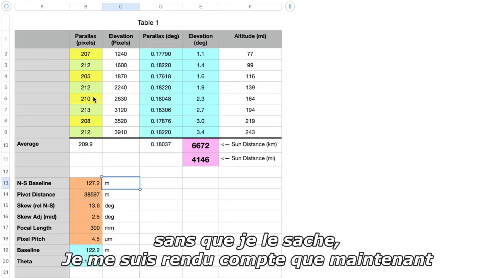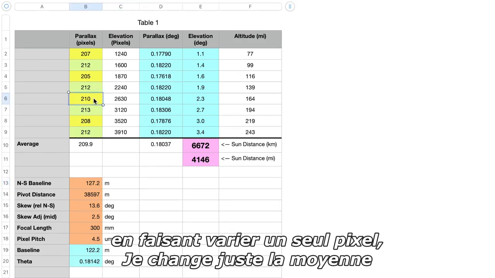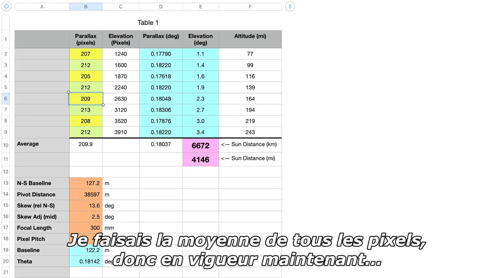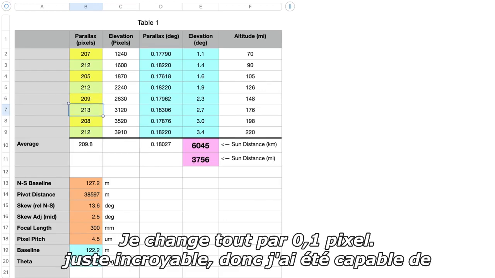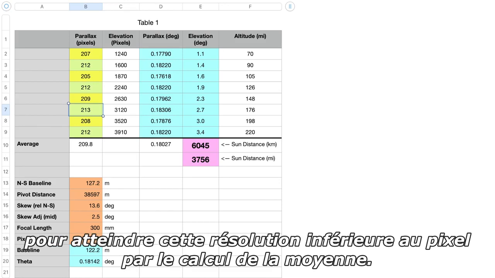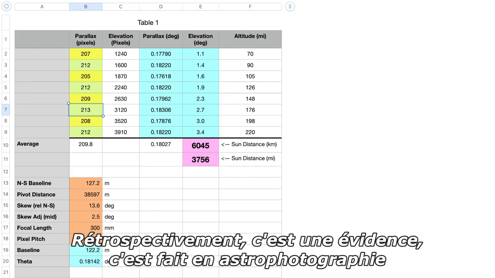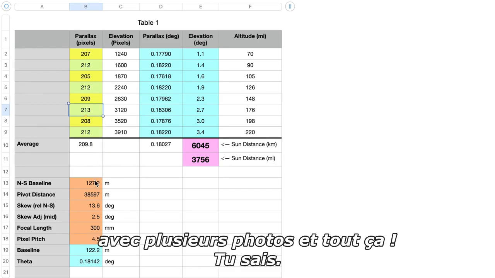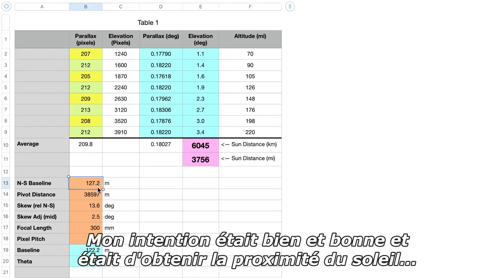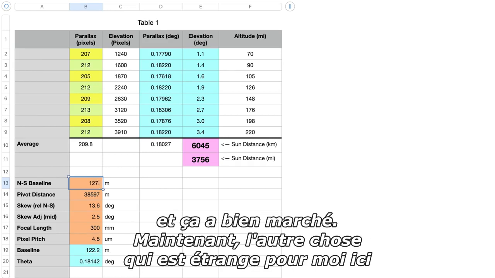Unbeknownst to me, I realized that now, by just varying 1 pixel, I am barely changing the average. I was averaging all the pixels, so in effect now, I am changing everything by 0.1 of a pixel. Just incredible. So I was able to achieve that sub-pixel resolution through averaging. And in retrospect, this is a no-brainer. It's done in astrophotography with multiple photos and everything, you know. So it was good. My intention was to get the proximity of the sun, but in actuality, it worked out